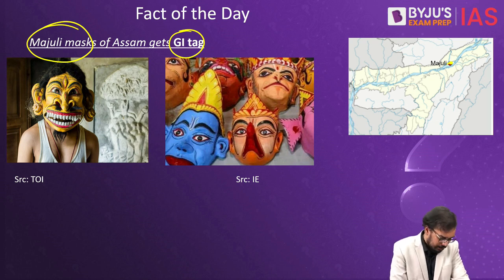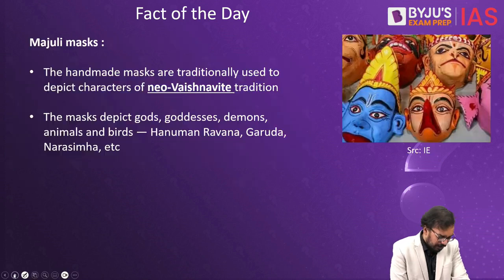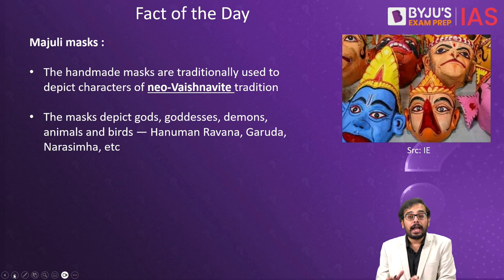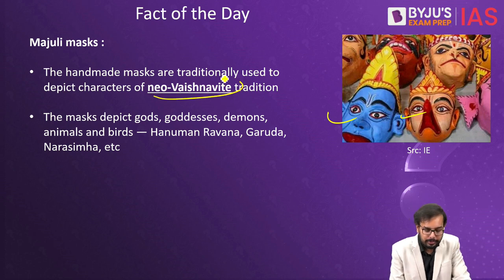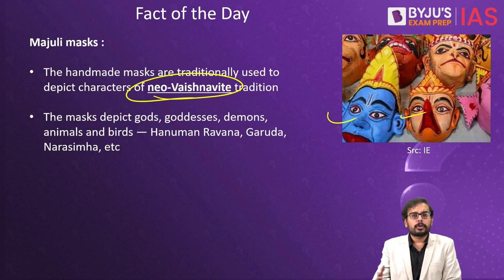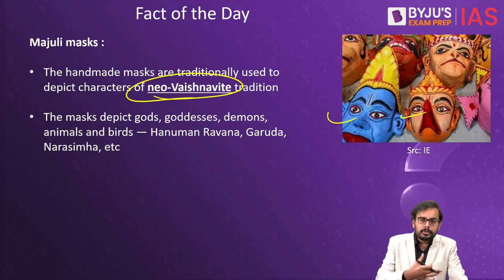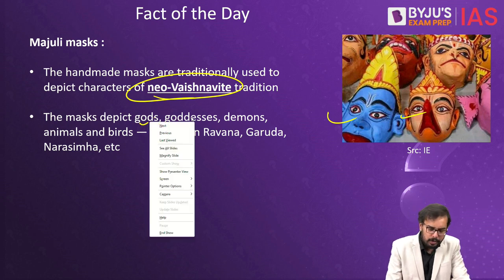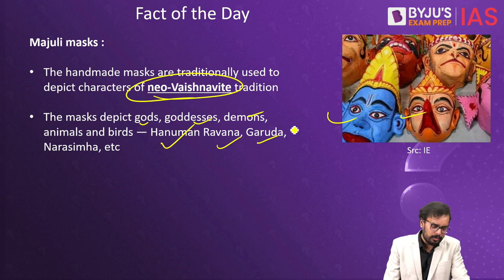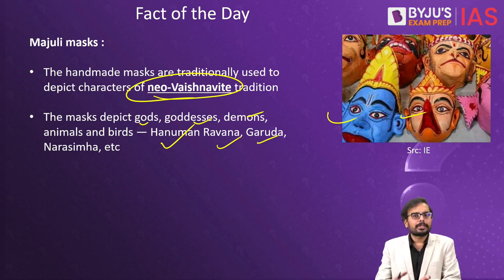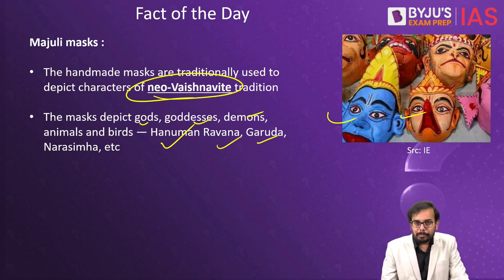So what is this Majuli mask? These are your Majuli masks. They are handmade masks that are used to depict the culture of Neo-Vaishnavism. In the folk tales and dramas of Neo-Vaishnavism, we use this Majuli mask to describe the tradition. These masks depict gods, goddesses, demons, animals, birds, etc. Examples are Hanuman, Ravana, Garuda, Narasimha, various gods and animals. All these are depicted using this handmade mask, and now Majuli masks have got